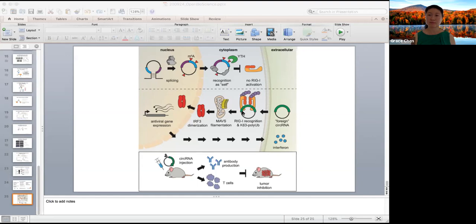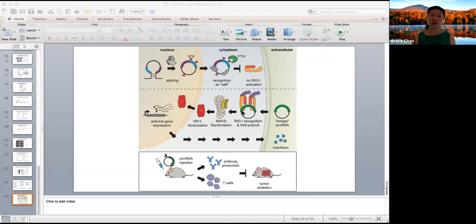Yeah, so RIG-I is a really interesting protein. For a long time, there was a lot of interest in knowing what exactly was the motif that RIG-I recognizes. Before, people thought it had to have a 5' triphosphate and a specific panhandle structure. It was only short double-stranded RNAs, and that was it. And now we're getting a deeper and more complex understanding of how RIG-I works.